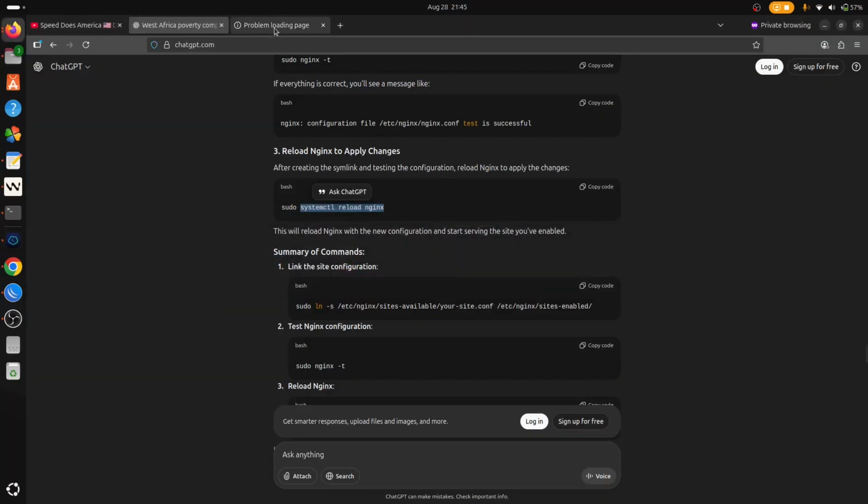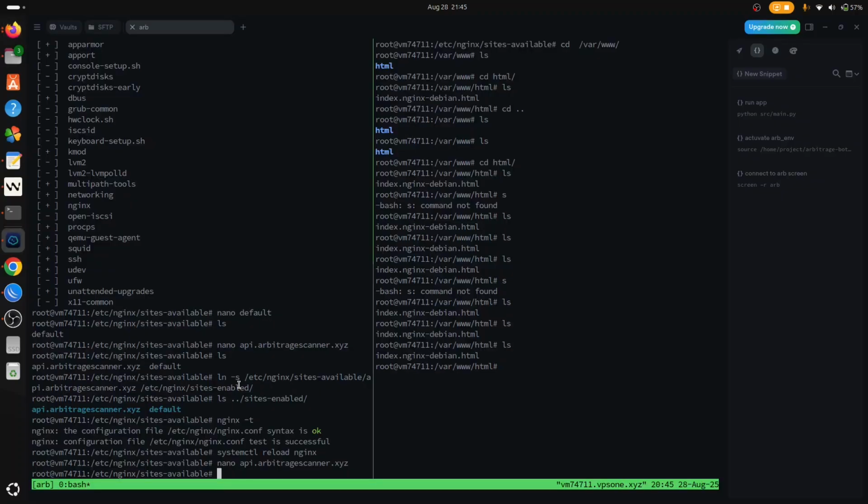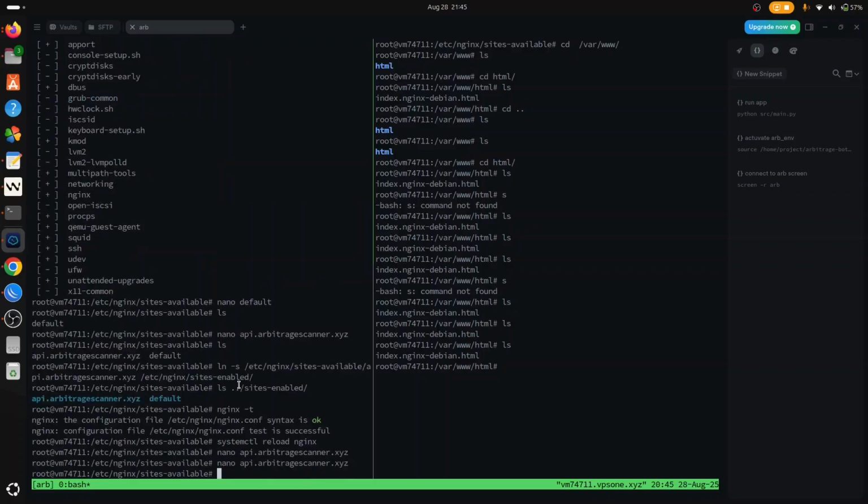So let's try again to see. And bam, it's working. Now why do we get 502 Bad Gateway? Because I didn't set up this server. Okay, so I get the request. My nginx is getting the request, but it doesn't find this server. This server doesn't exist. Okay, so for that one,